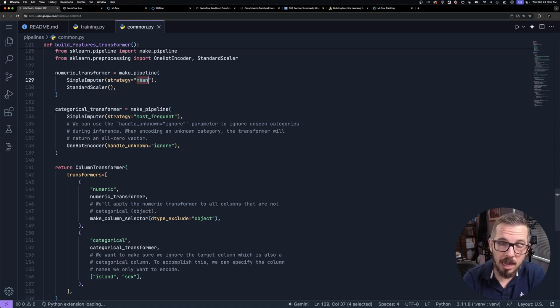Any missing value on that column will be replaced by 2,000 grams because that's the average of that column. That's what this simple imputer strategy does. And then I'm just doing a standard scaling. By the way, I talk a lot about imputation and scaling during the live session, so you're going to get more information there. But this is just doing a standard scaler using the standard deviation of the column and the mean of the column. So it basically takes any values like the 2,000 and tries to get that value to